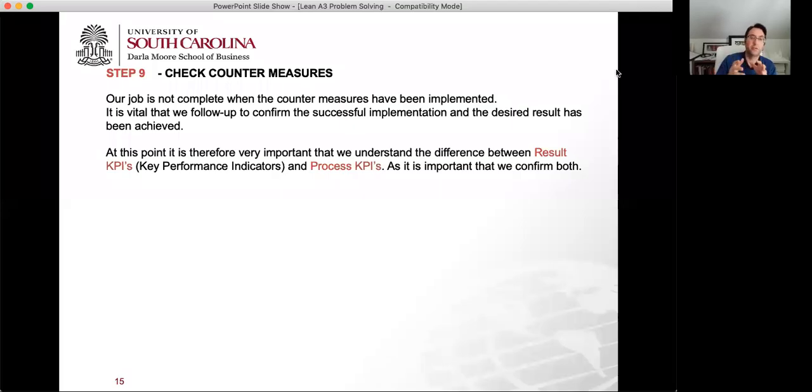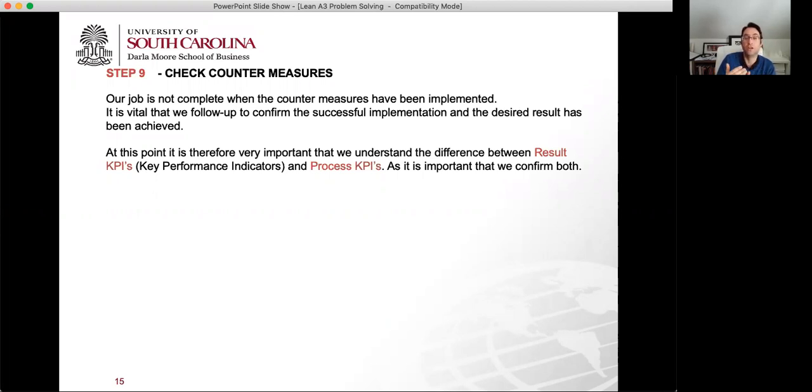Now we'll go to step 9. So hang in there. It's just 10 steps and an ending slide. So step 9, we're almost there. You need to check to see if your countermeasures are being implemented, and even if they're implemented, if the desired output